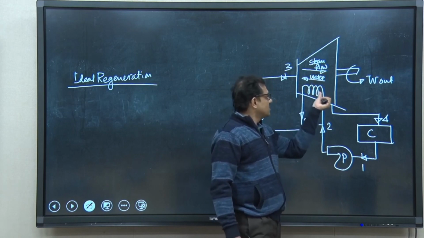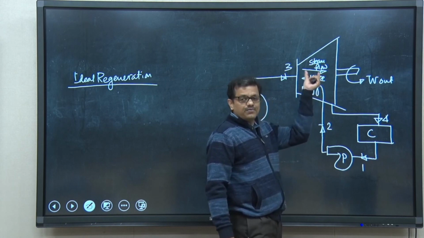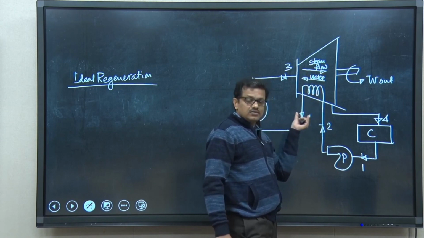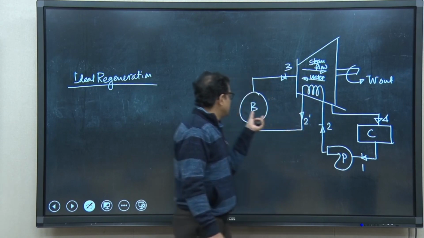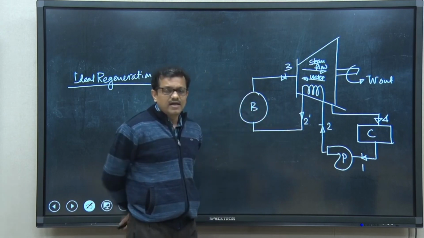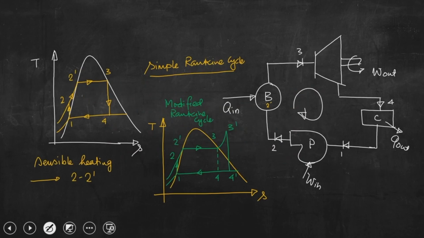While water is flowing through this coil, it will take a certain amount of heat from the flowing steam, and that heated water will now be taken into the boiler for further heating. So, in this arrangement we also need to supply heat Q in, but the required heat which will essentially come from the combustion of fuel will be less than that needed for this